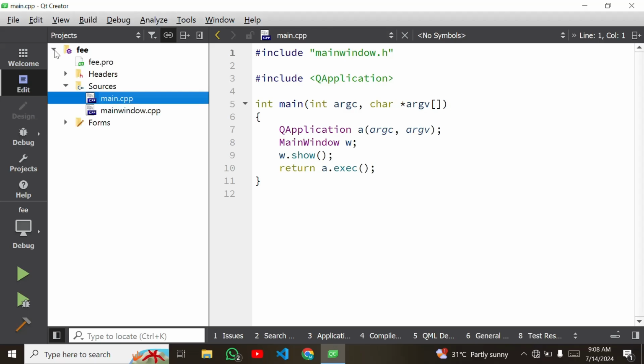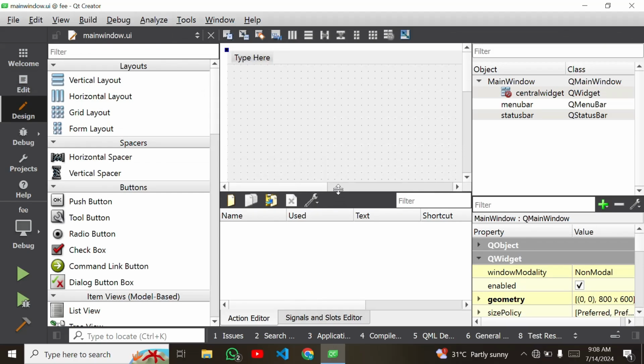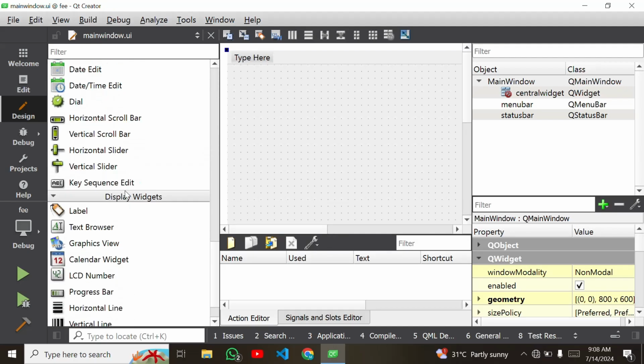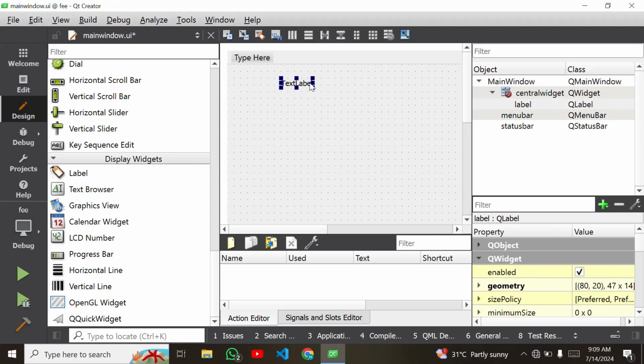Okay, so I will expand it, and you can see these are some other folders, and here I have to open this forms that contains mainwindow.ui where we have to design our user interface, and then I will increase the size of this template, and here I have to set first a label, okay, to set a title, so I will increase the size, I mean width and height, and here I will set a title that is fee